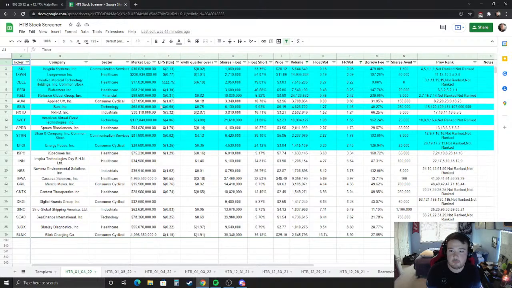Alright, so in here we got basically the hard to borrow stock list. This is kind of like a crazy spreadsheet that developers and I have been working on, experimenting with. Some of these plays we've actually put in Discord. It's just that we were working on getting this list better.